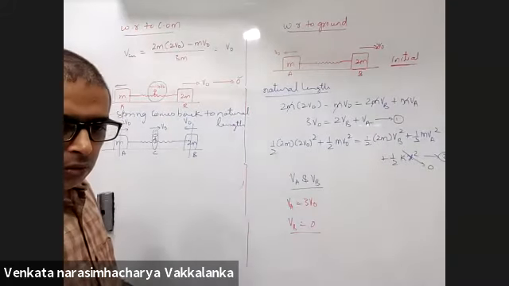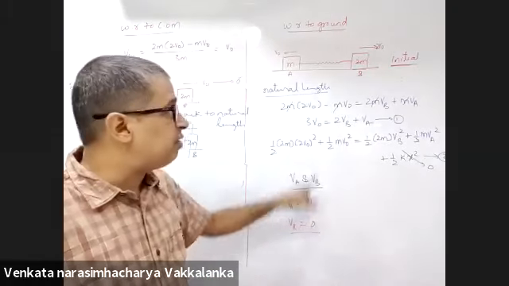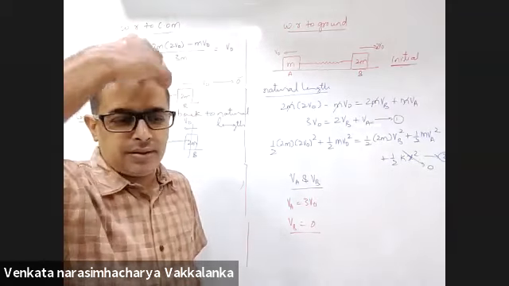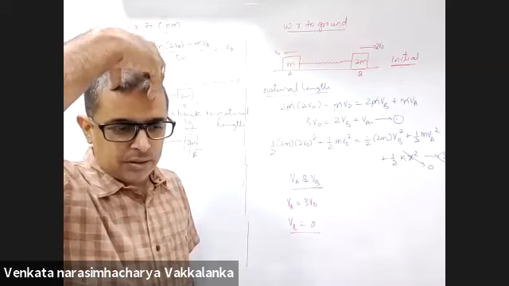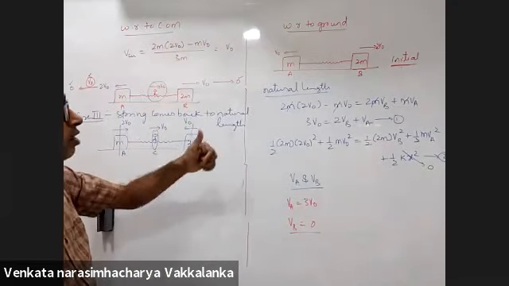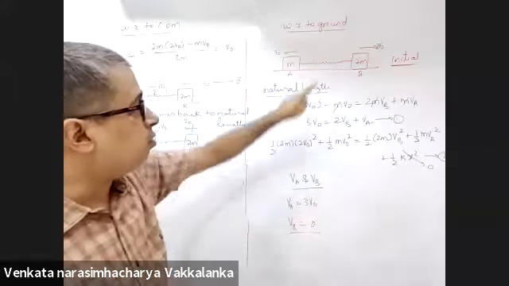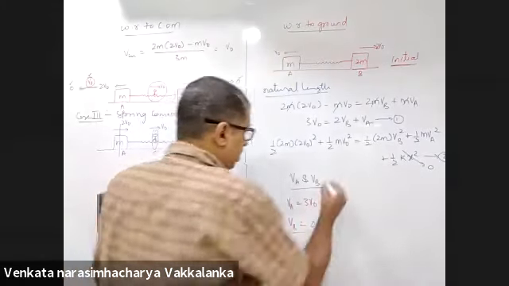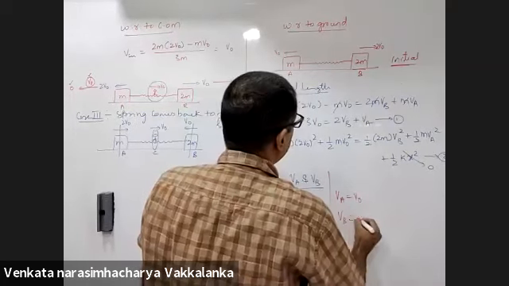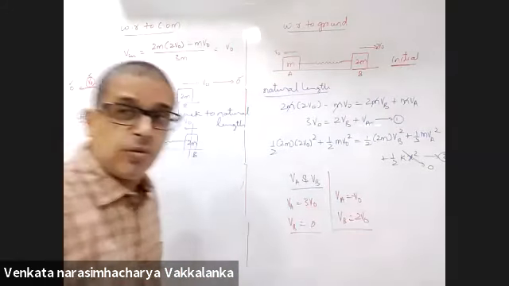हाँ सर वो तो मैं भी मान रहा हूँ, when spring comes to natural length, velocity of A is 3V naught, velocity of B is 0. तो दिक्कत क्या है? नहीं सर साथ में VB के लिए 3V naught भी आ रहा है ना क्वाड्रेटिक से. You will not get 3V naught for VB. You will get 2V naught and V naught. The other answers for VB and VA will be V naught, VB will be minus V naught. That means you went wrong with the quadratic.